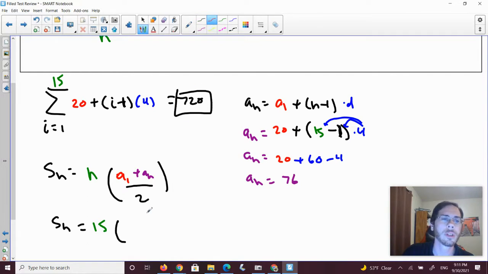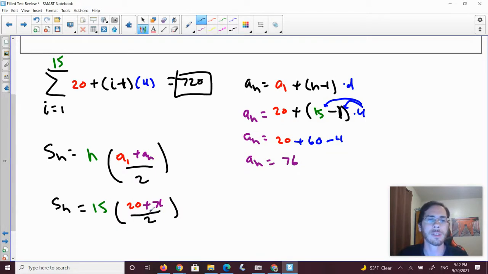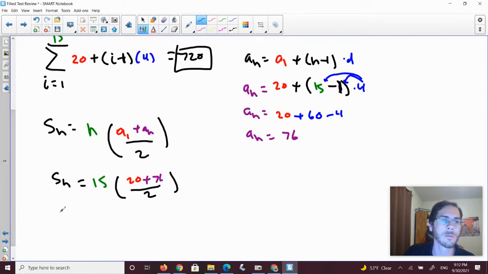A sub 1 is 20 because we're starting at seat 20. 20 seats in the first row, 76 seats in the last row. Divide them all by 2. 20 plus 76 is 96. That's 4 away from 100. Half of 100 is 50. Half of 4 is 2, so we get 15